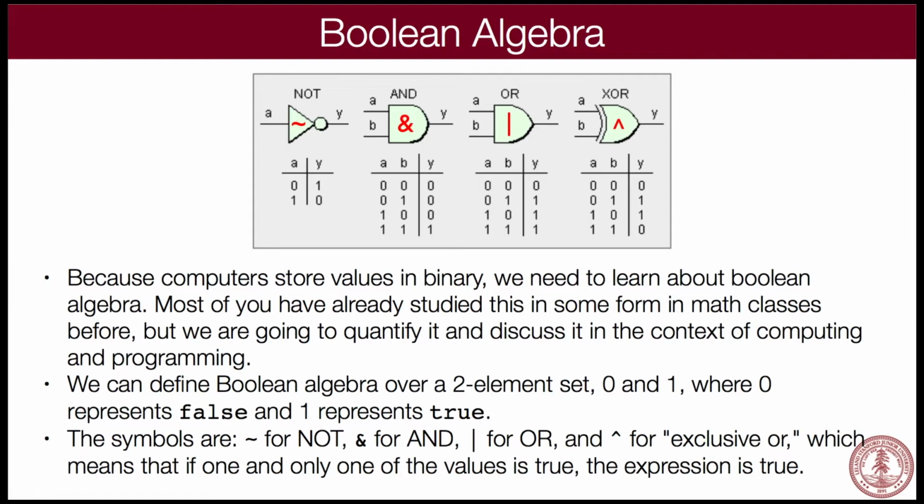In this case, we have a single ampersand, which means take each bit at a time and compare each bit and set the bits in the result accordingly. So let me give you an example. If you have 0, 1, 1, 0, and you're doing AND with 1, 1, 0, 0, you take each bit at a time and you go, okay, 0 and 1, nope, they're not the same, so the answer is 0 for that bit. 1 and 1, they're both the same, so that's going to be a 1. 1 and 0, nope, not both ones, so it's going to be 0. And 0 and 0, also not both ones, so 0.